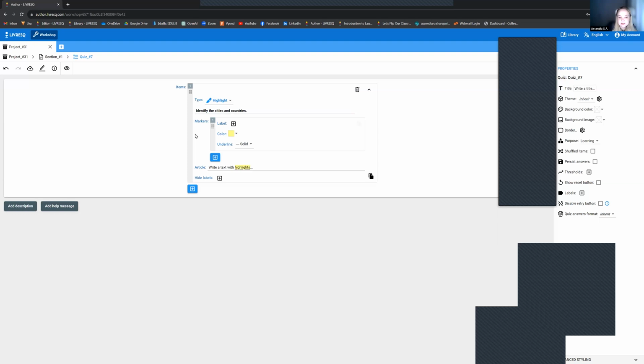Here I have a series of labels. I won't work with labels yet. We'll add them after we've written our article, because basically I'm going to delete what's written here, sorry, and write a list of elements. So let's say